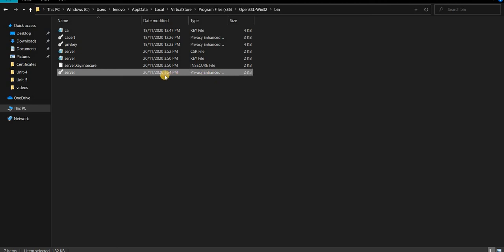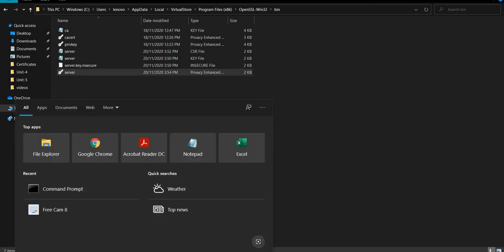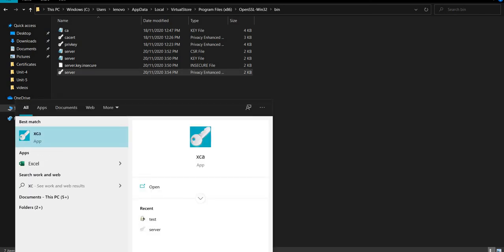To open this digital certificate, you have to install XCA. This is an app which is available on the Windows Store.